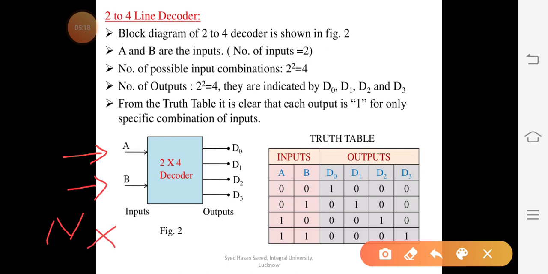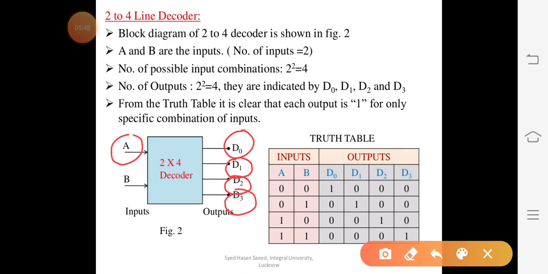So it will generate 2 to the power n number of output combinations, 2 to the power n number of output signals, you can say otherwise. So if we have two input variables A and B, then how many outputs can it produce in total? 1, 2, 3, 4. Here you can see D0, D1, D2, D3 for two input variables A and B. So we can say that a decoder is a circuit which converts a binary number into its equivalent decimal number by taking n number of inputs and produces 2 to the power n number of outputs.